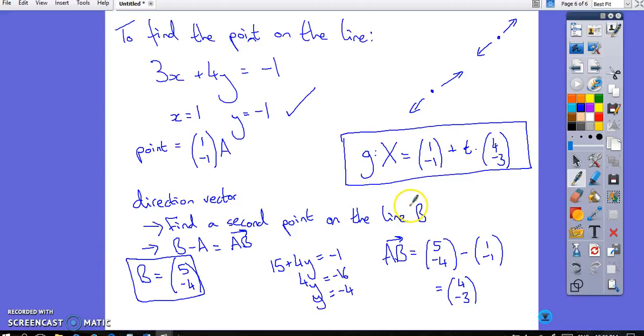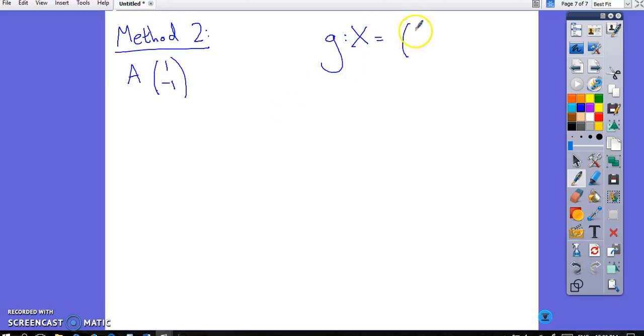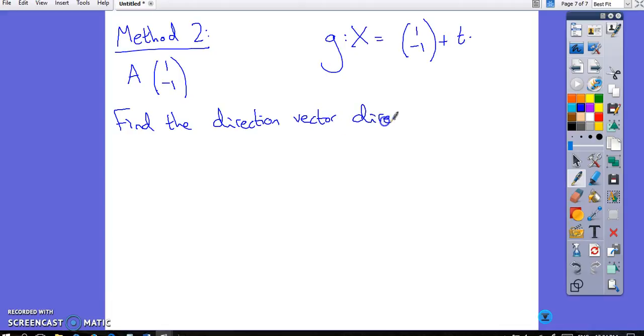Now the second method is in some ways slightly easier. We still need to find the point in the same way. So I'll use the point from the one that we had before. We have (1, -1), so I can put that in straight away. Now to find the direction vector directly from the normal vector representation,